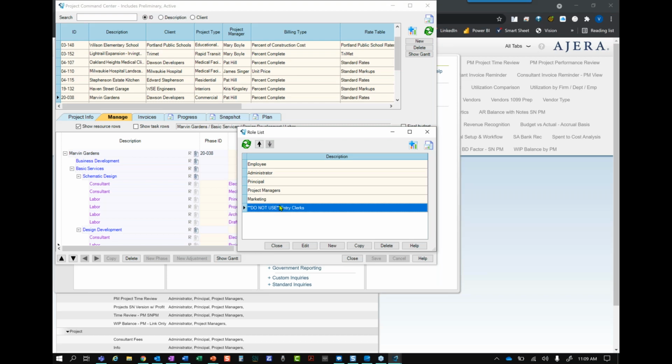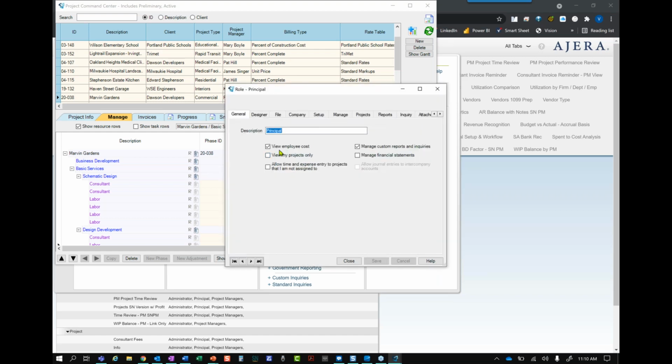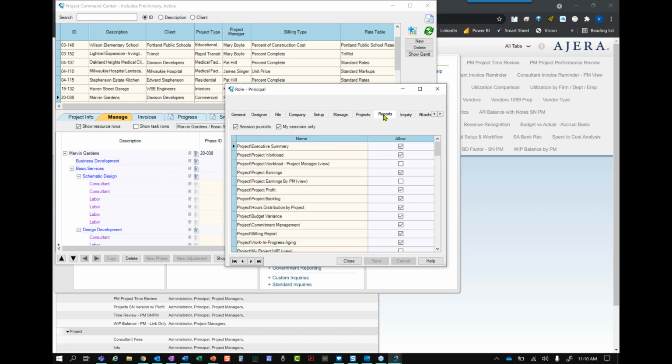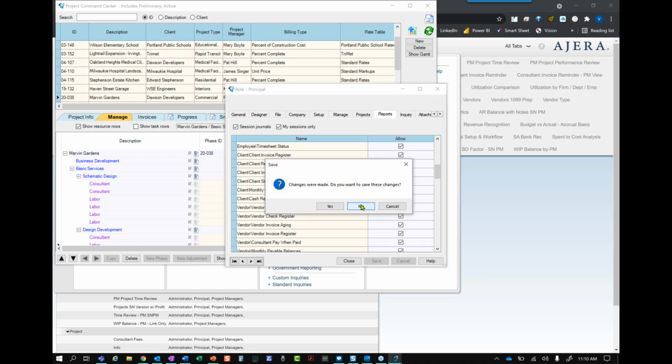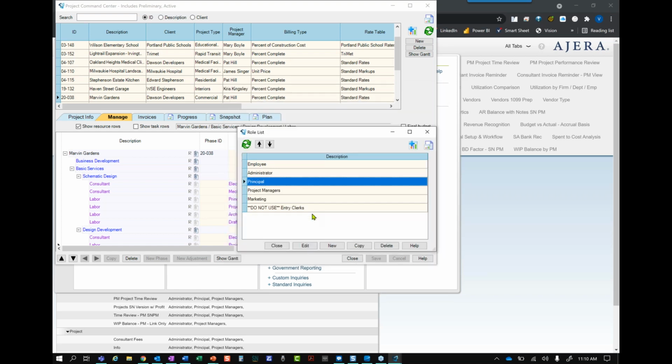So Brian's probably going to have some good examples, but I ran into something recently where we had a role of principal and a role of partner set up in the software. And when we looked at the two roles, they were actually exactly the same. So it's common for these higher level employees to be able to see cost and to be able to see financial statements and more reports. Well, the two roles were really the same. We didn't need them. So in that case, we were able to clean it up. We combined them. We got rid of one of them.